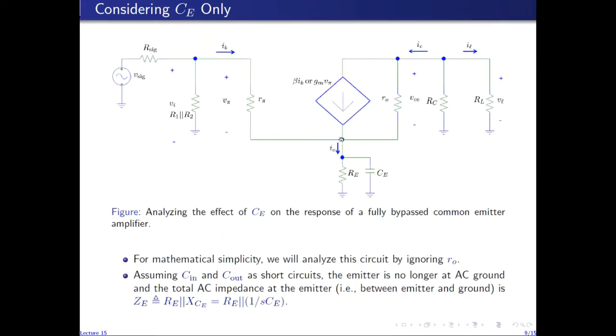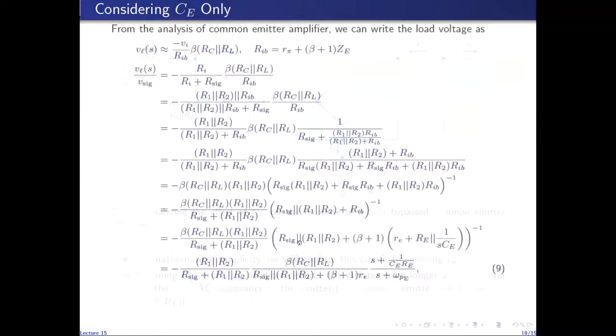total emitter resistance, that is the resistance between emitter and ground. That total AC resistance is now given by the parallel combination of RE and the capacitive reactance of CE. So it is represented as ZE. It is the parallel combination of RE and the capacitive reactance of CE. So again, from the analysis of the common emitter amplifier, we can write the load voltage like this, and in which